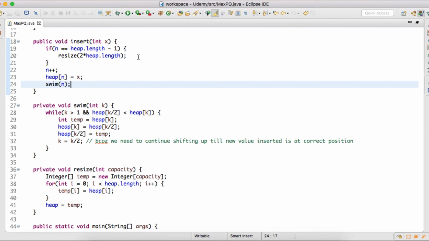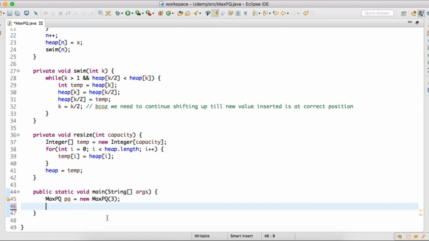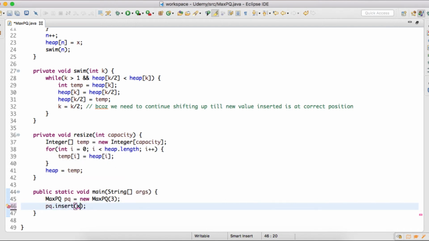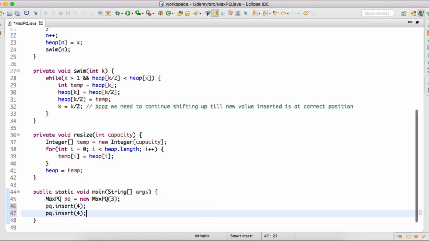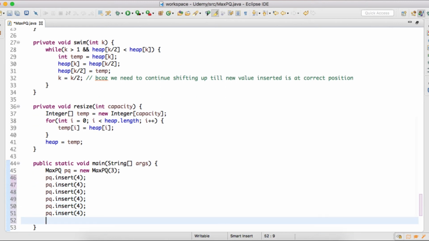Now in the main method, let's test its working. So I will just remove this. Let's say the initial capacity of this max priority queue is 3. Here we will insert a few values which we discussed in our previous slide. First we'll insert 4. Then we'll insert 5.